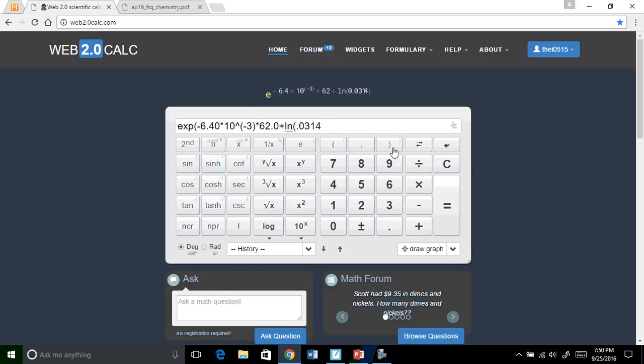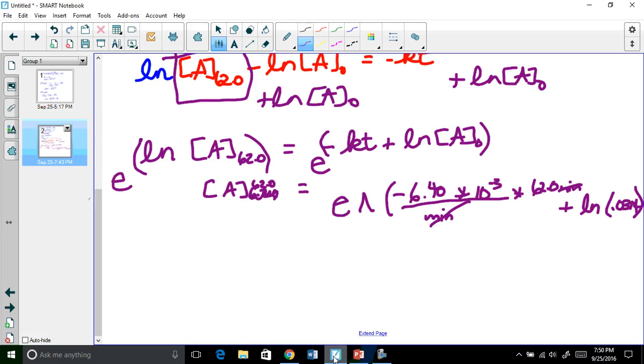And then I have to close that and that. So it's 6.40 times 10 to the -3 times 62 plus the ln of 0.0314. All of that is to the e power, and I'm going to hit equal. And it says that the answer is 0.02111111. And so I would go back to this page and say that it is